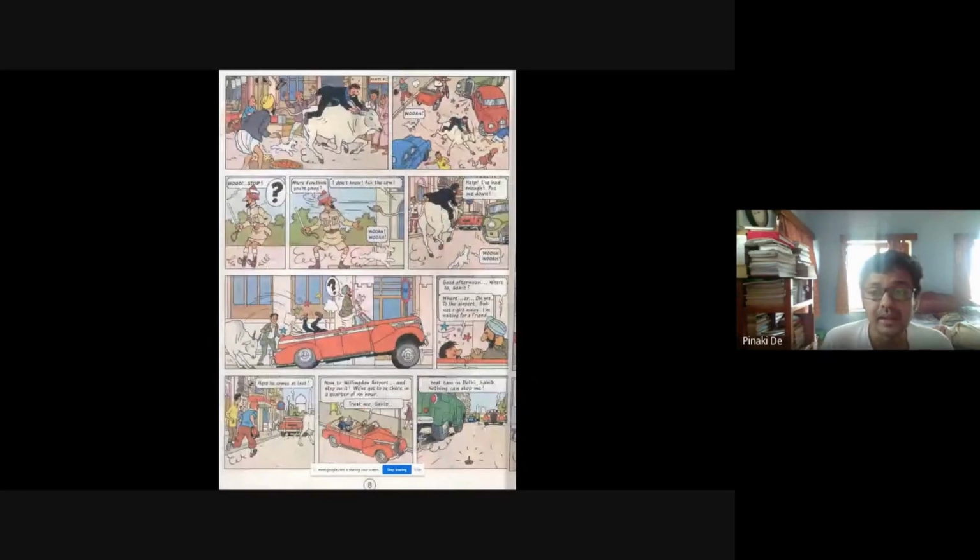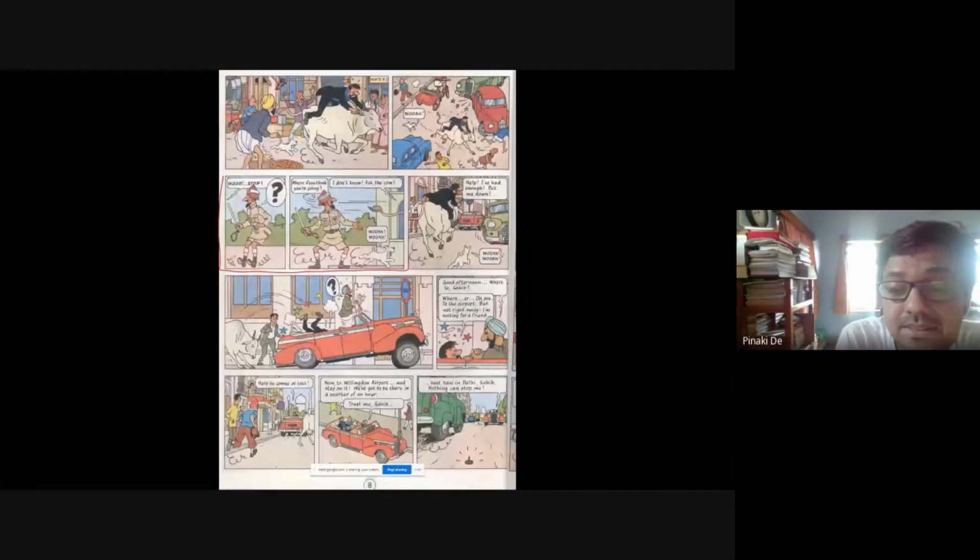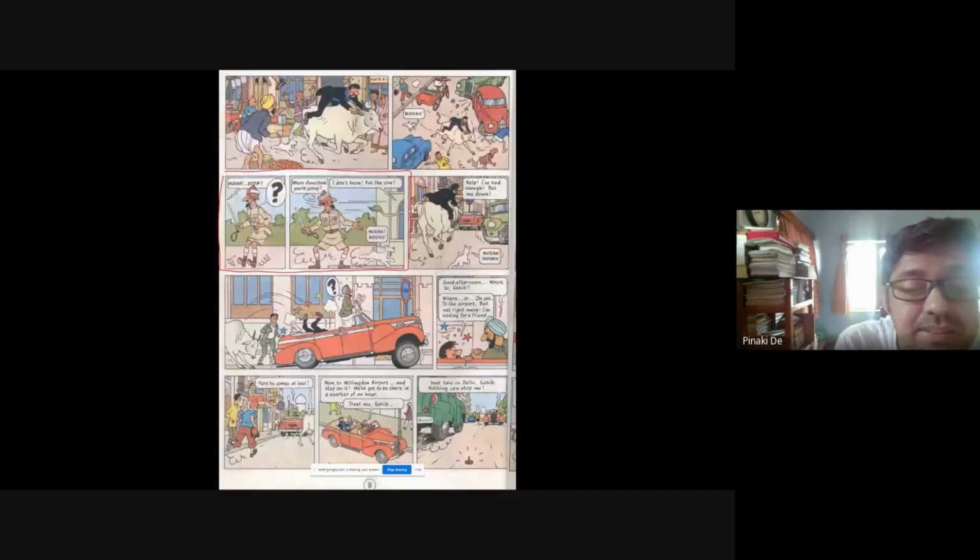So let me show you a panel. So for example, this panel. Can you see in this panel, let me point out these two panels. So this is basically a subject to subject transition. Okay, you may also call it an action to action transition, or you may call it, of course, a moment